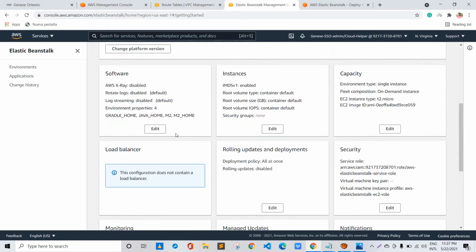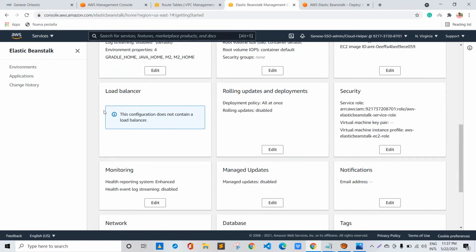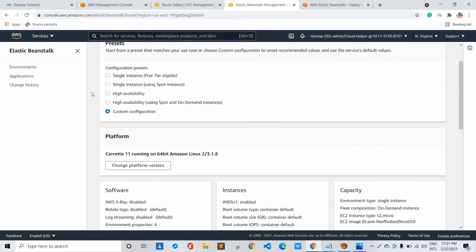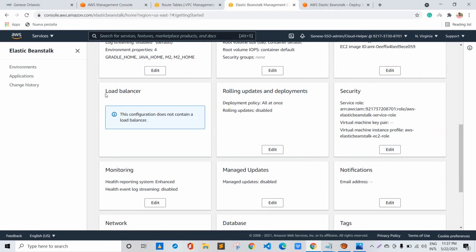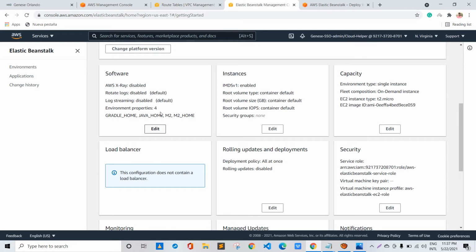And once you click on save, if you will see that in the custom configuration, also in the load balancer, this configuration does not contain a load balancer, because to create a load balancer in Elastic Beanstalk you must have to use the auto scaling capability. So the auto scaling will be using the load balancing feature, and the auto scaling and load balancer will be working side by side.